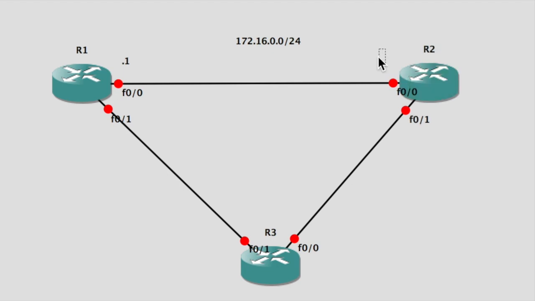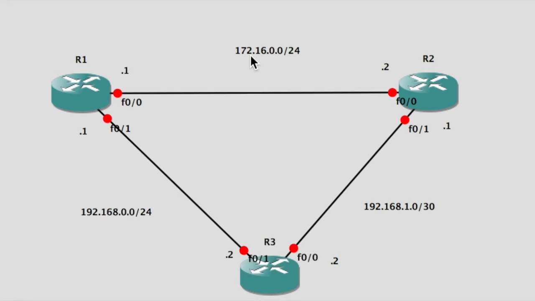Likewise, we can add the address here. So this is .2. This subnet, let's call this subnet 192.168.1.0/30, and here the IP address for this interface will be 192.168.1.1. This interface, let's label it .2. This network becomes 192.168.0.0/24, with .1 and .2. Now, as we get around to configuring the routers, we would need to specify the subnet mask,